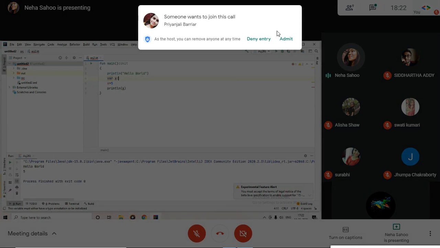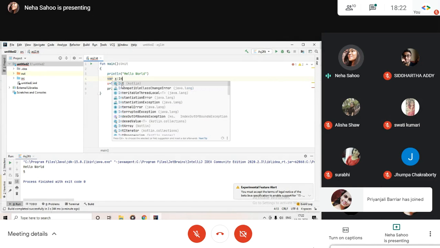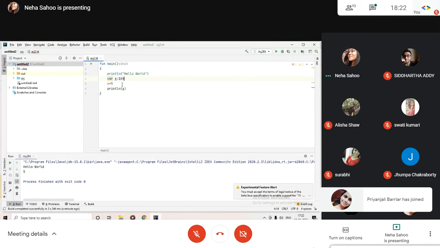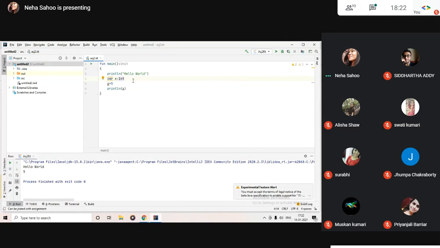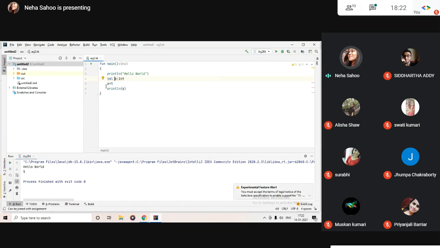Define the data type in case you are not initializing it there. So this was all about the var keyword, that is variable. And if we wanted this to be val, once we have initialized it, we can't change it.